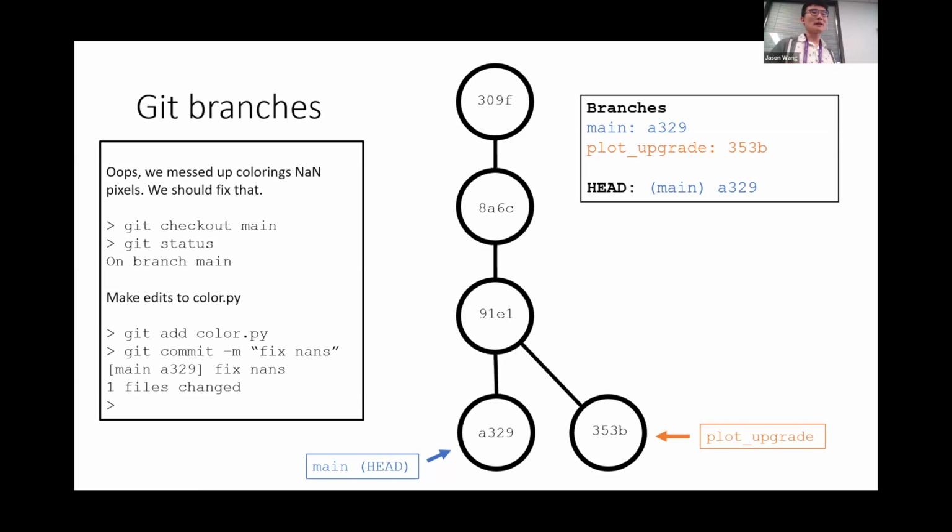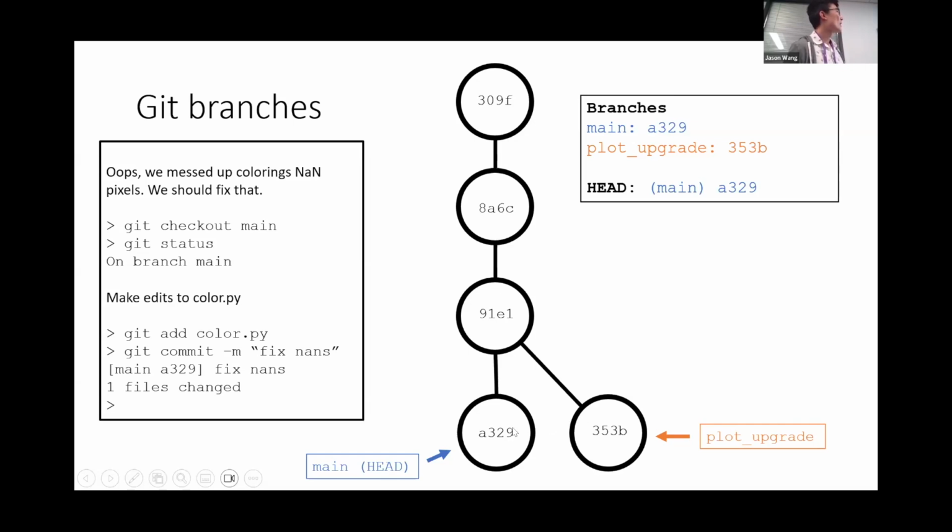Git commit -m fix nans, and then our terminal will spit out main A329 fix nans, 1 file changed. What has happened is that now we have a 5th commit, A329, and that's now where the main branch is pointing, which is also conveniently where HEAD is pointing too. So the main branch now has 4 commits: A329, 91E1, 8A6C, 309F, and the plot upgrade branch still has its